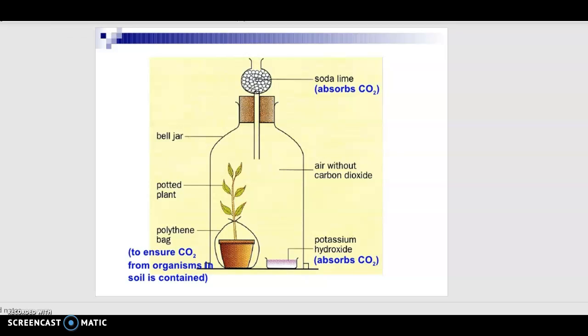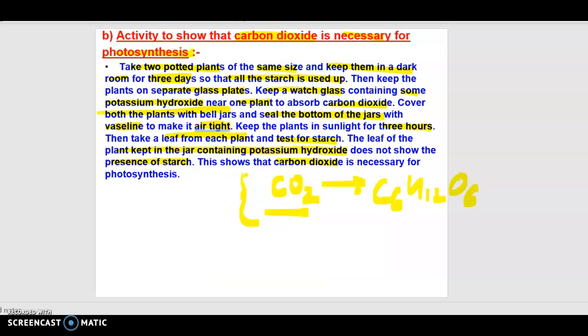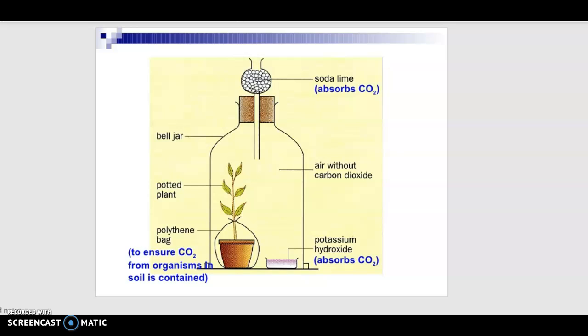In the first experiment, I told you that we can take only potassium hydroxide to absorb carbon dioxide which is present within the bell jar, which is sealed. Similarly, here all kinds of sealing is done, like it is sealed with the cork, or soda lime can also be used along with potassium hydroxide to absorb carbon dioxide. So inside the bell jar there will be no carbon dioxide.